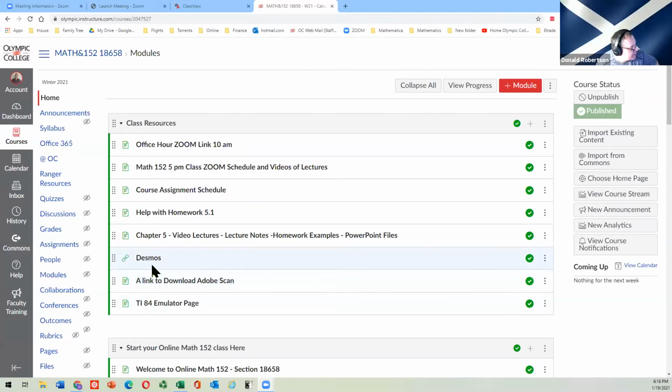Now, I said you can't do it on the TI-84, which is true, but with a bit of luck, I should be able to find Desmos. Have any of you ever used Desmos in another class? Yes. Cool. Right. So if you've not, then this is a quick tutorial on how to do it. I have a link to Desmos in Canvas, which is what I was just doing. And it's here. And if I click on it,